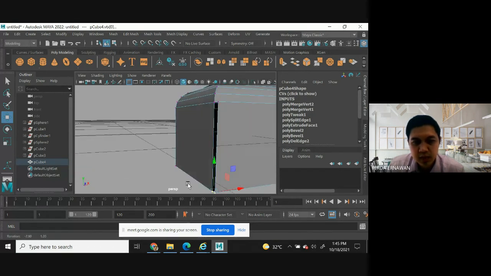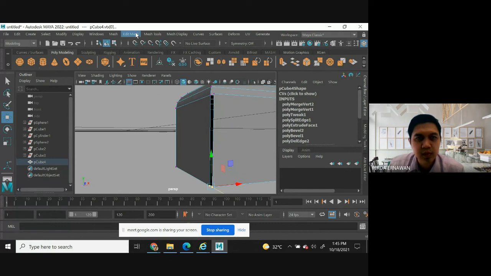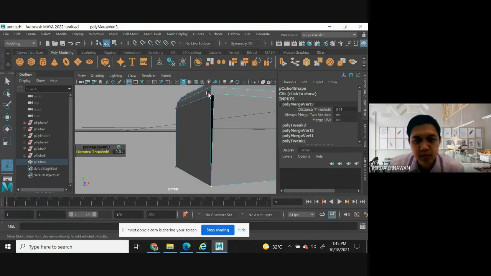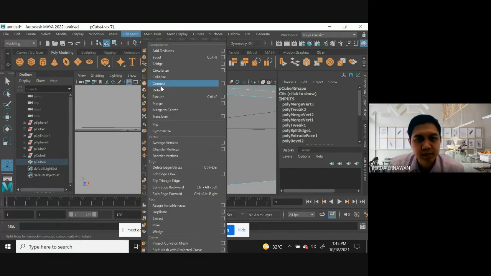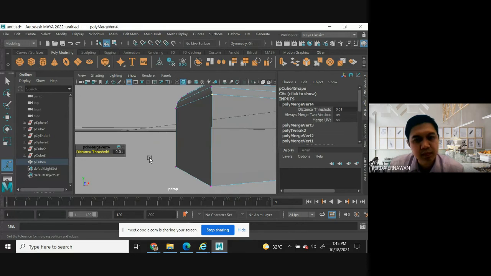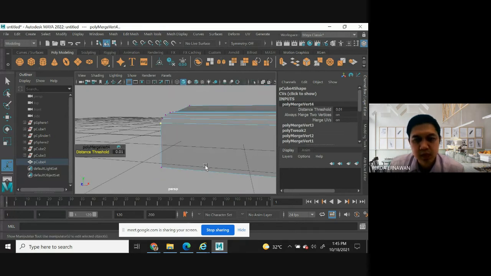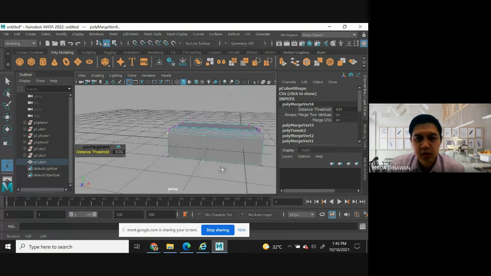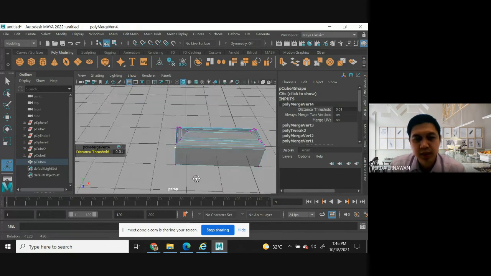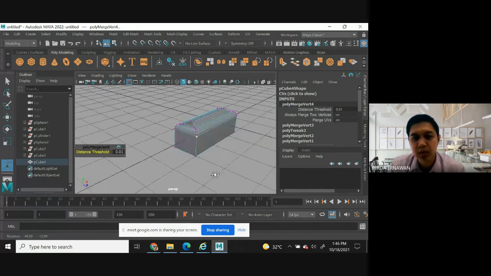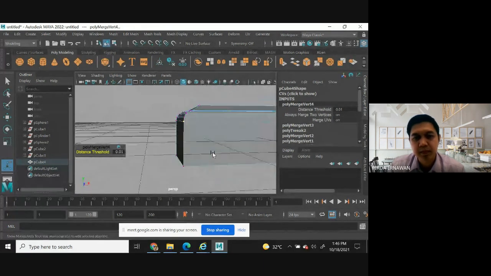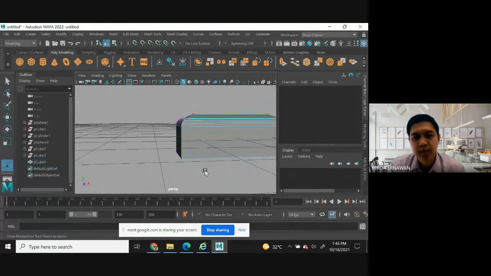So edit mesh again and merge. So you already merge all the external polygon into your object. Clear?